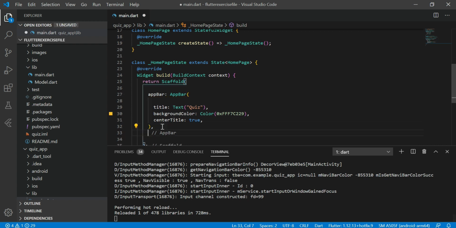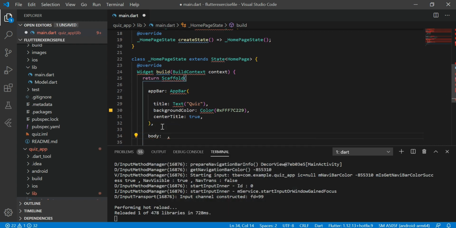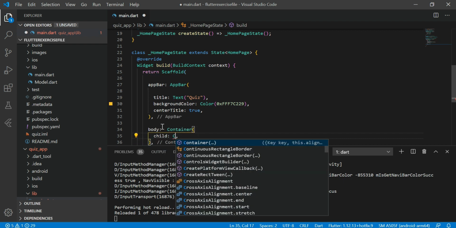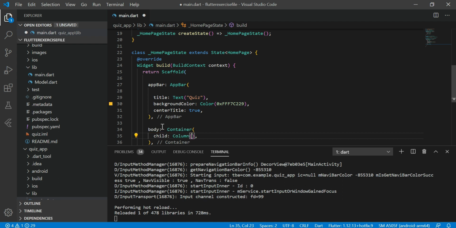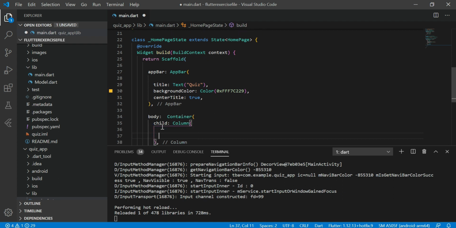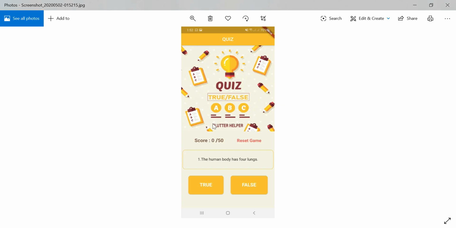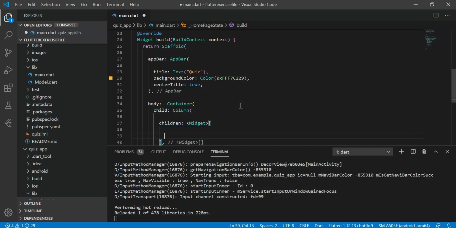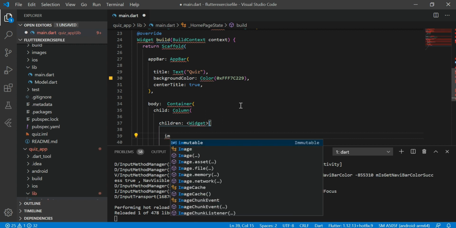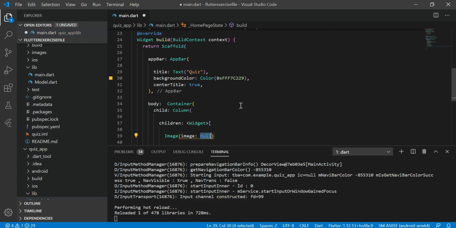Now let's provide body in scaffold, and I am using container as a body, and inside container I am using a column, and inside column I am providing image first. As you can see, we are providing this image first. After this all other widgets like a box and raised button. So this is how you will implement image in Flutter.